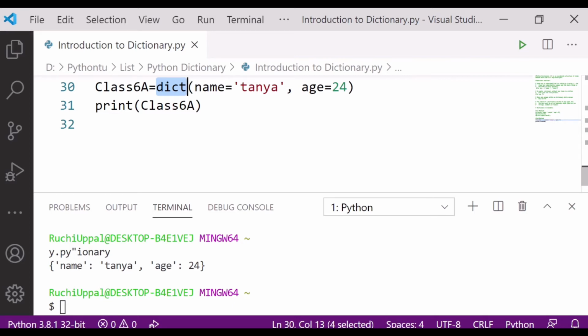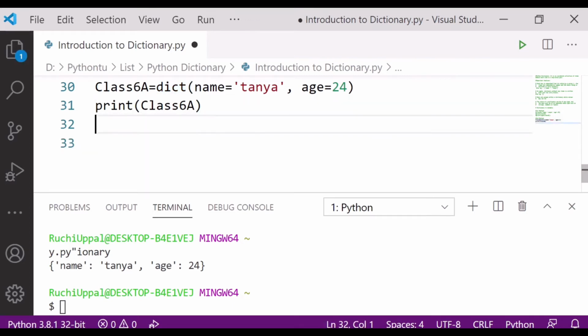Now the next point is, obviously if you have the values in the dictionary, you must be thinking of accessing your data from that particular dictionary.